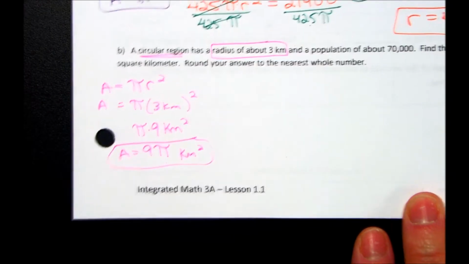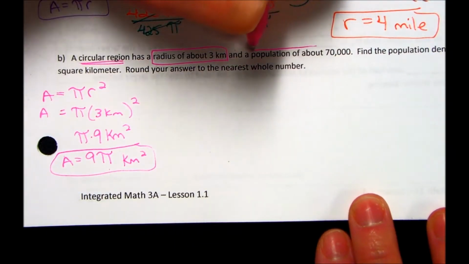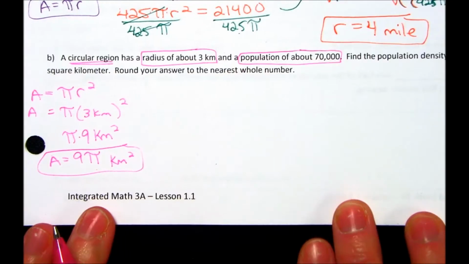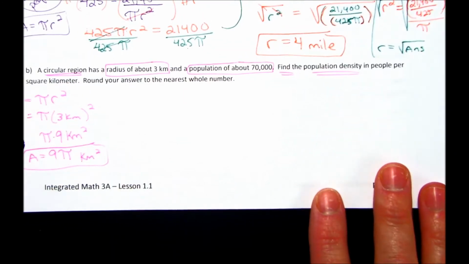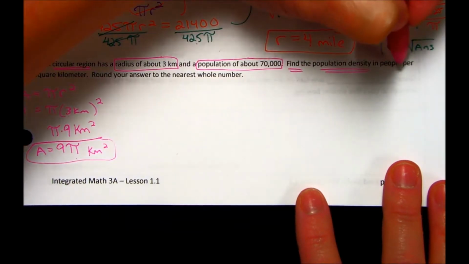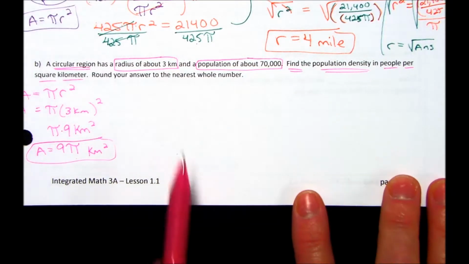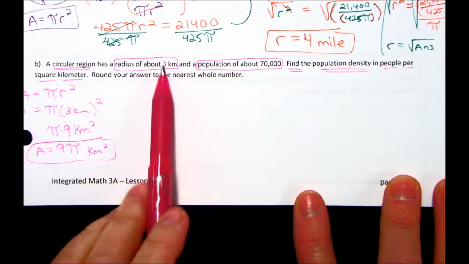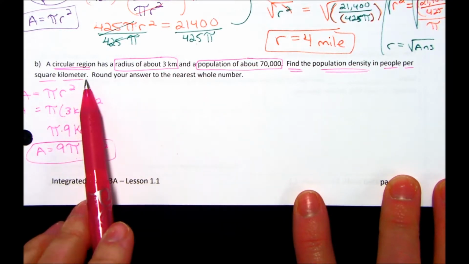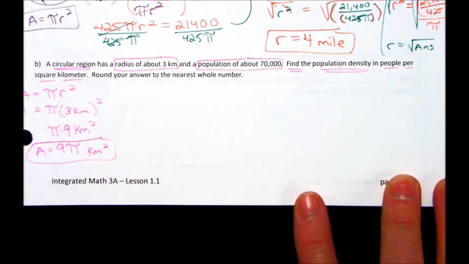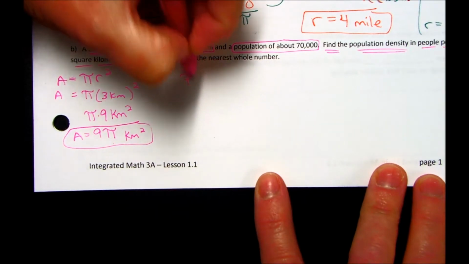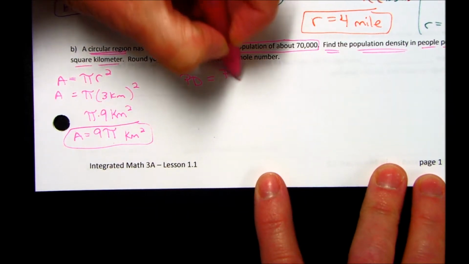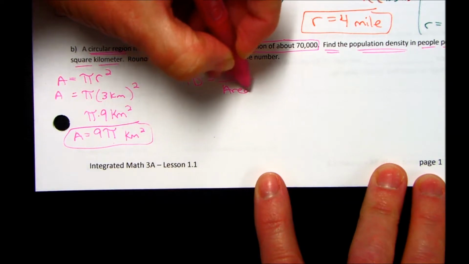Now let's see, what else do they give us? They give us the population is 70,000. And they want us to find population density in people per square kilometer. Okay, so looking at your units of measure, your radius was in kilometers. They want population density in terms of kilometers. So there's no conversions going on. We just need to take our formula for population density, which is population divided by the area,